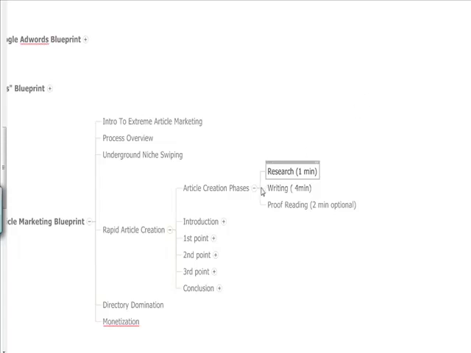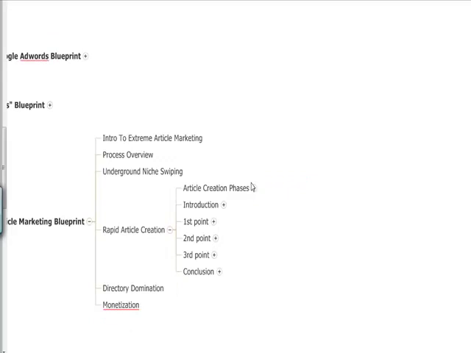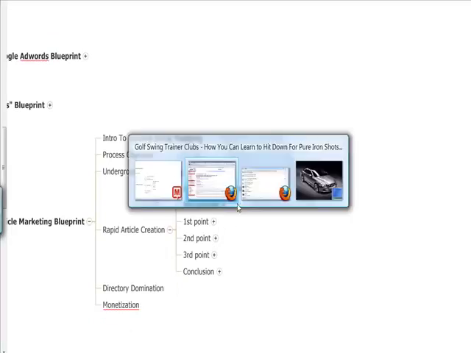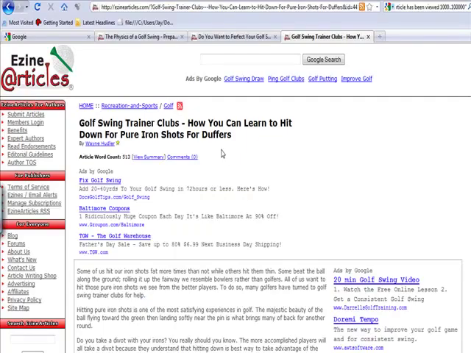So now that you've gone through and you've done all of the article espionage and you know what niches you're getting into, we're going to go back to ezine articles, and we're going to pick out some articles that you can start. Now this whole process